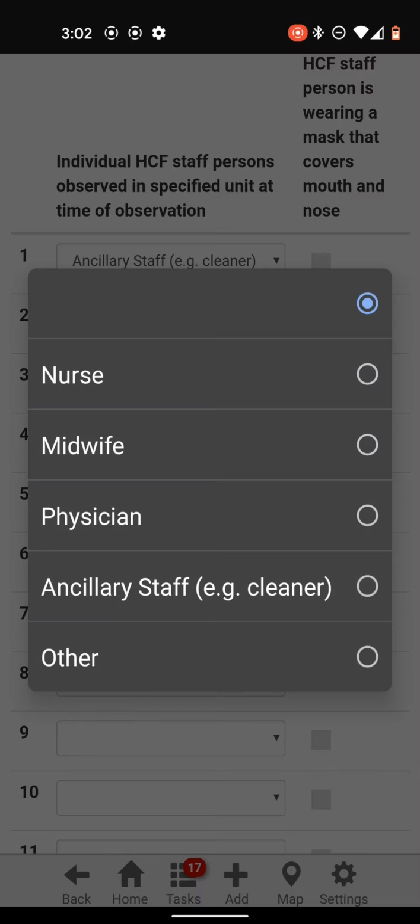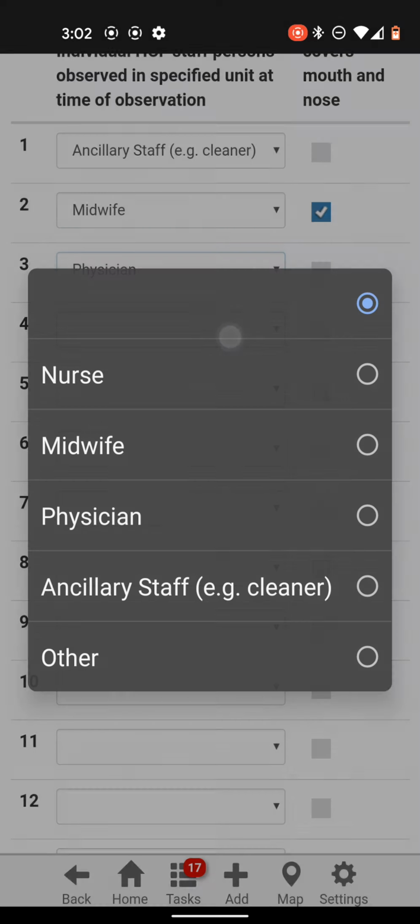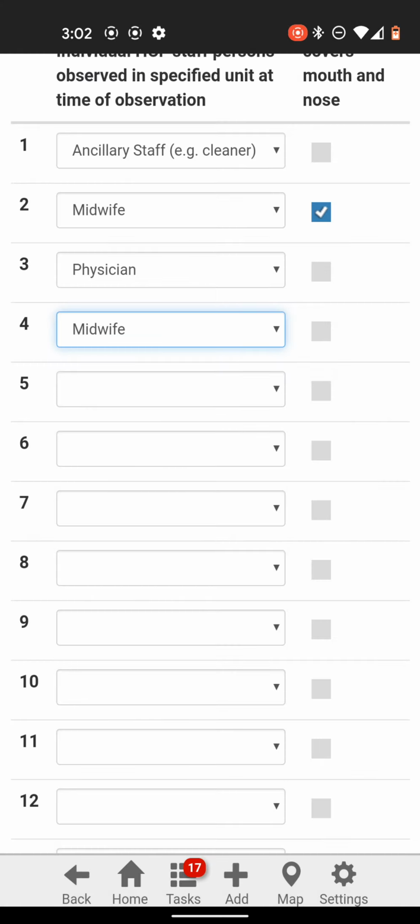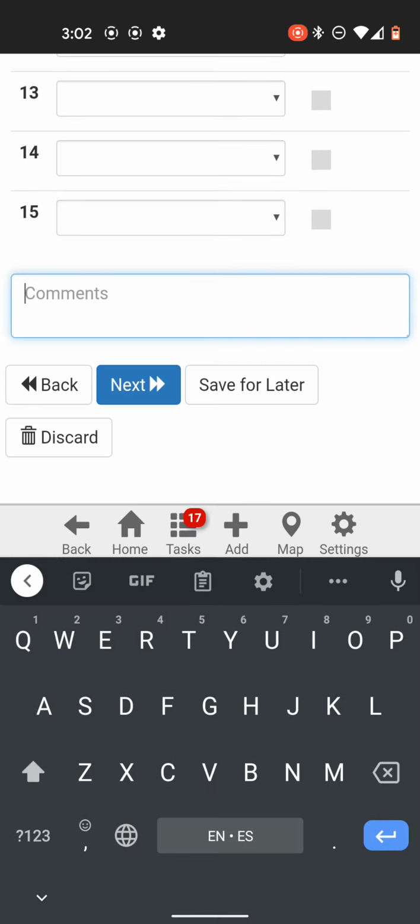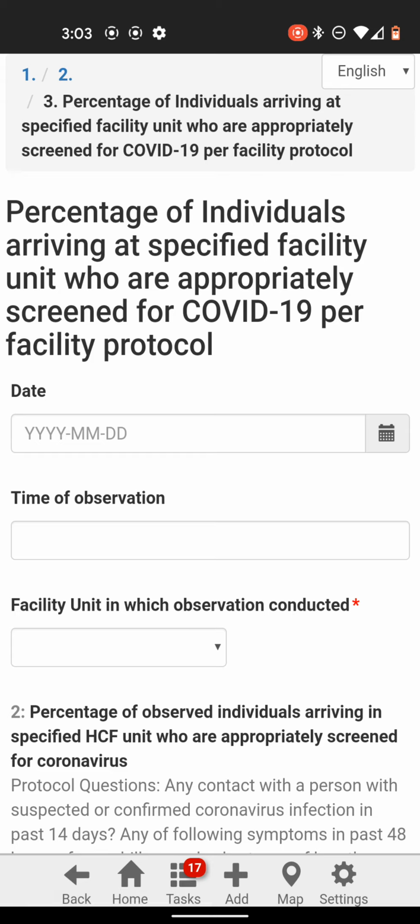And you would keep going. And this would auto-calculate, and then there's also a space to leave comments. Like I said, don't forget about the microphone button if you want to try it to leave your comments as well. Unfortunately, it doesn't work while I'm recording. So if I click next,